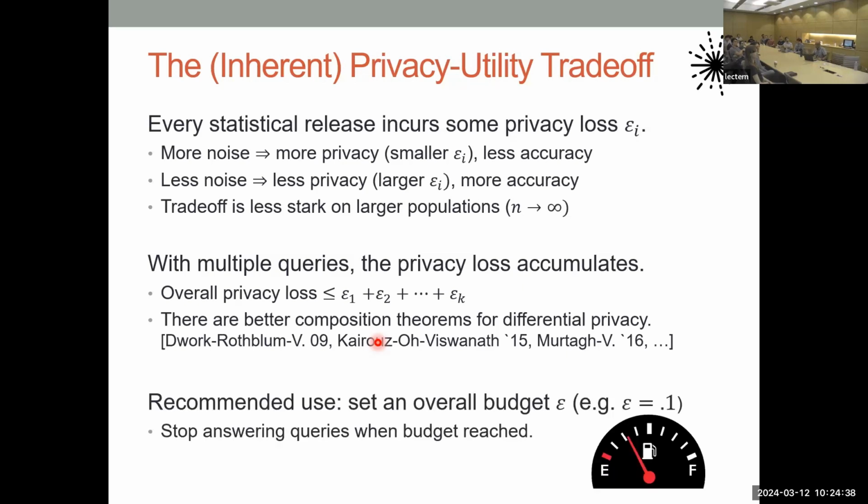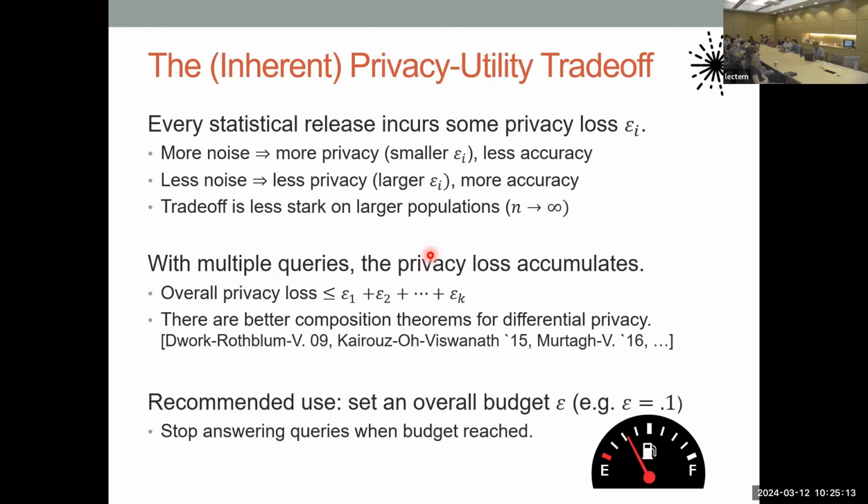And now, again, to Sasha's question, the recommended use of differential privacy is to set a budget to say this is how much privacy loss we are willing to take on the subjects in our data set. This is acceptable given their consent and what the data is being used for, and ensure that you stay in that budget using these composition theorems, which means that if you want to answer more and more queries,